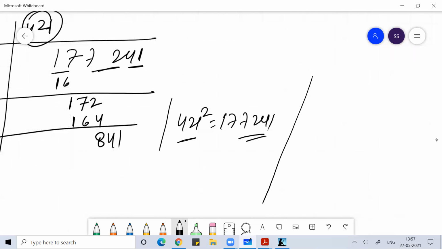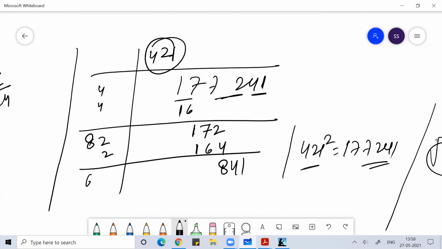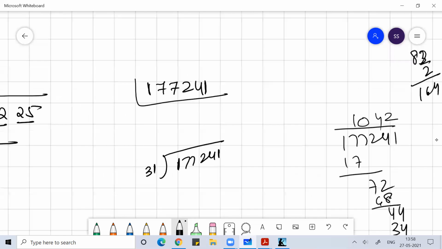Is 421 a perfect square, is it a prime number or not? 421. 7, 11, 13, 17, 19, 21 — किसी से नहीं जाता। 421 इज अ प्राइम नंबर। इट्स अ प्राइम नंबर, स्क्वायर इसलिए हम लोग कर ही नहीं पा